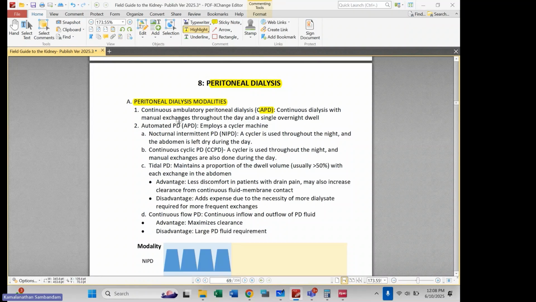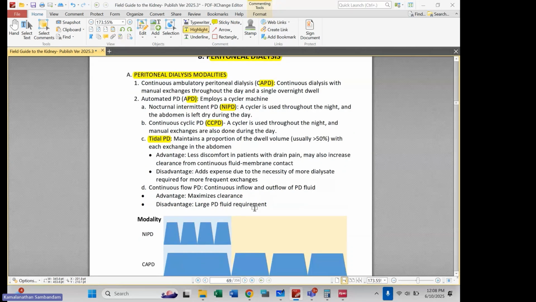CAPD refers to these manual exchanges that persist throughout the entirety of the day. APD is really basically cycler-based therapy. And when that cycler-based therapy is simply overnight, then we call that nocturnal intermittent peritoneal dialysis, NIPD. And when you have last fills that persist into the day, and certainly if you have a midday exchange, we call that CCPD. Tidal PD, I might slow down for just a bit because this is not commonly used,